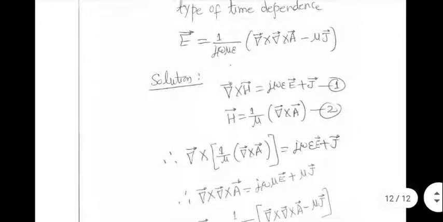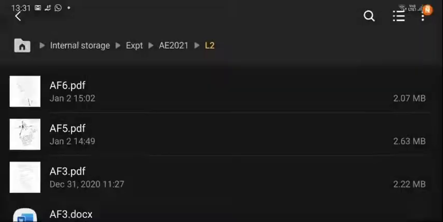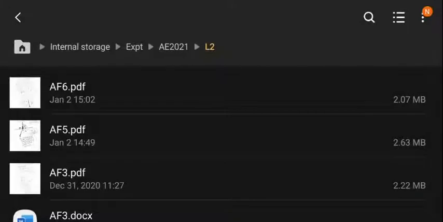So if you use 2 in 1, you get the result here. And then we use the identity. And you don't need to use the identity. Actually, this result directly leads to what you are supposed to prove. This is even simpler than the previous one. Okay. So I think that's the end of this document. Essentially, we have gone through the derivations that we will need for the analysis of antennas.